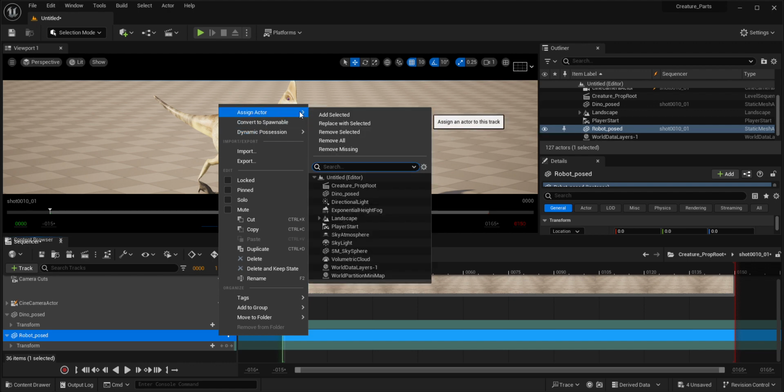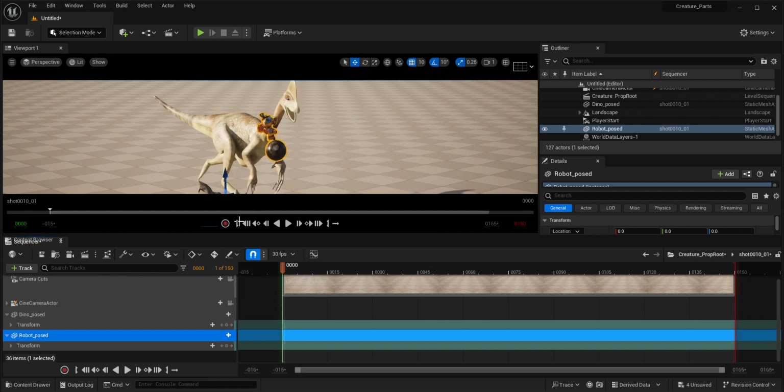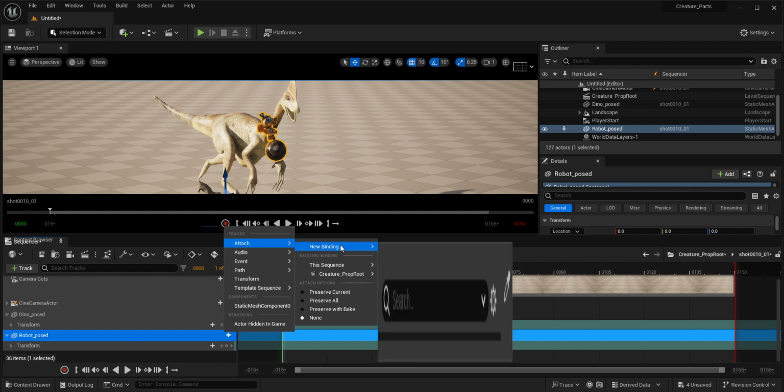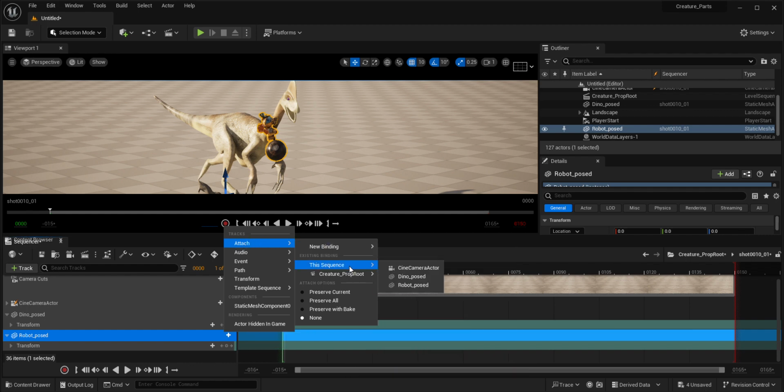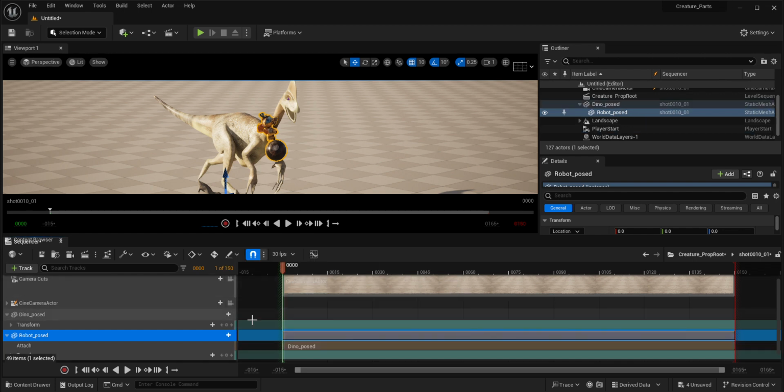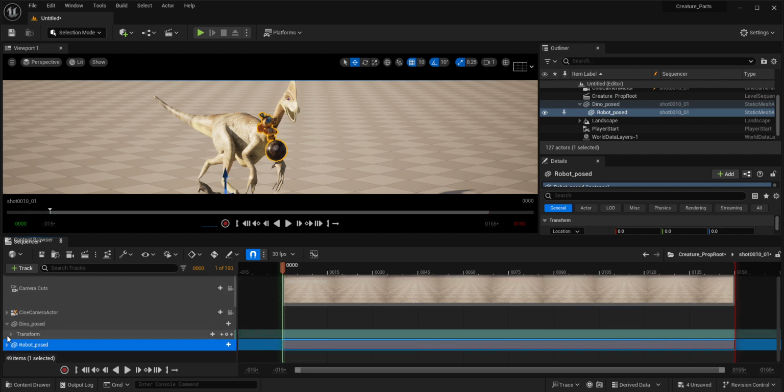So I'm going to say assign the actor to, actually, rather not assign the actor there, but holding on the plus here, I want to attach the robot to the dinosaur. So I'm going to attach it to the dinosaur. That way, the robot, there is a diagonal pose, is the one that's giving it. So now, if I go and animate the dinosaur,